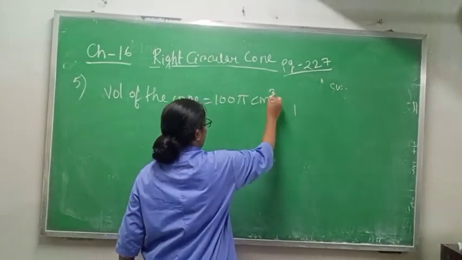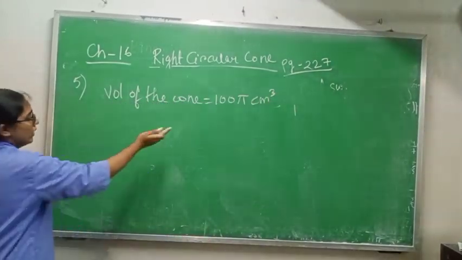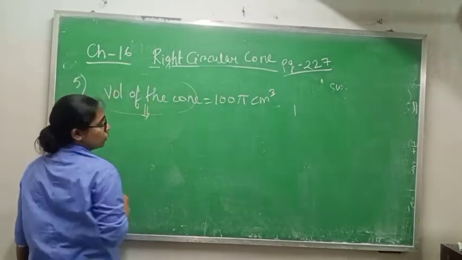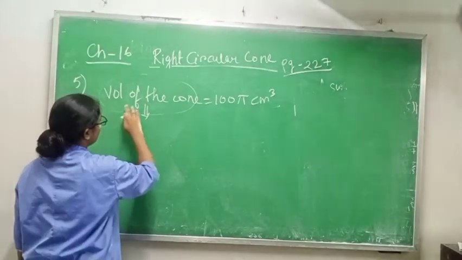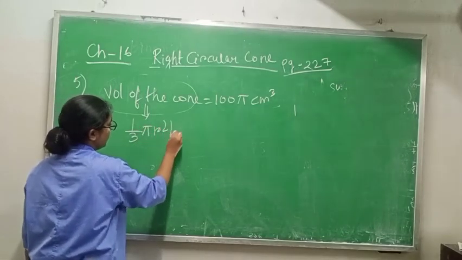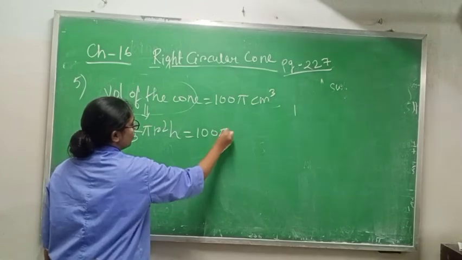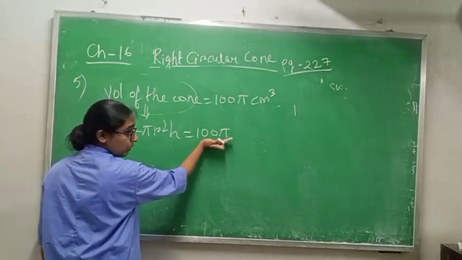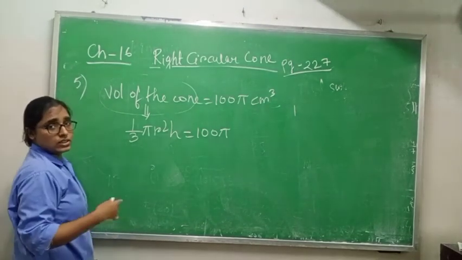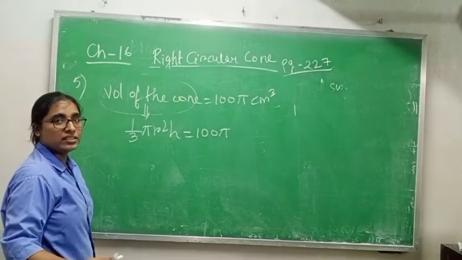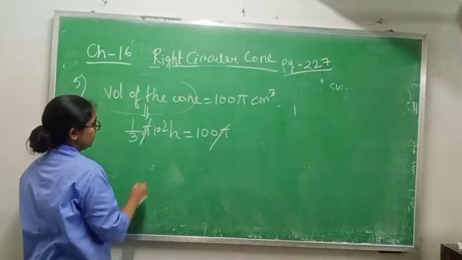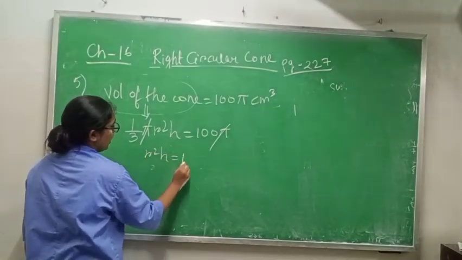centimeter cube. Now class 10, see, I told you that when a value is given to you, you can write the formula. Okay, so in place of volume of the cone, what is the formula of volume of the cone? 1 by 3 pi r square h equals 100 pi. Why can you equalize this one? Because this volume is already given to you and this is the formula of volume. So both will be equal. You have done this type of thing in cylinder, in sphere and in cuboid and cube also. So pi will cancel from both the sides. Okay, so r square h 100.